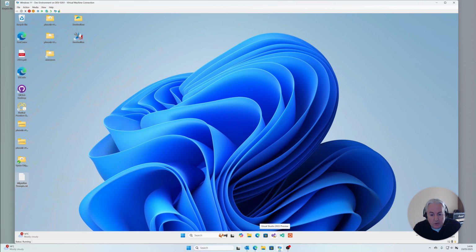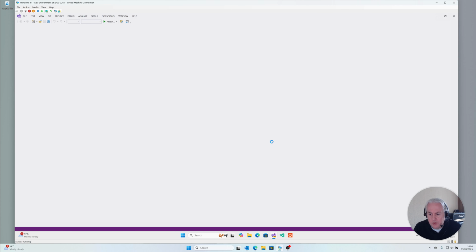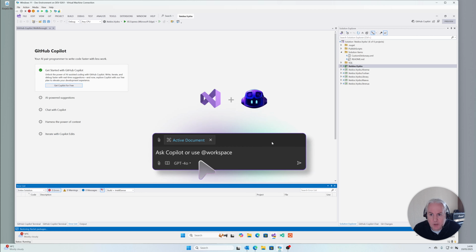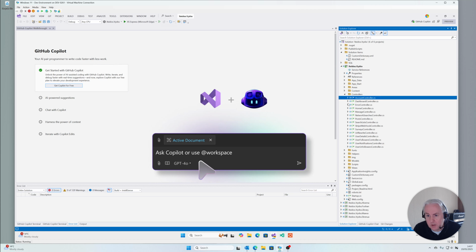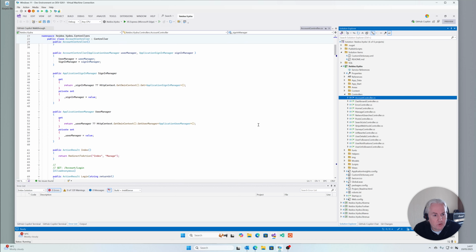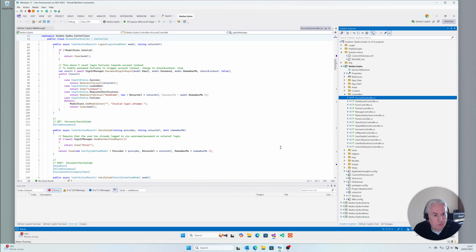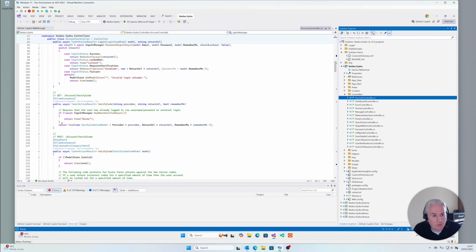We'll start by having a quick look at the solution that we've got. We've got a number of different projects within the solution, as you'd expect. It's quite a big solution with quite a few different files within the project. So we've got the main MVC 5 project here. In here we've got the controllers. Go into one of the account controllers and you can see it's doing some of the redirects, and it's passing